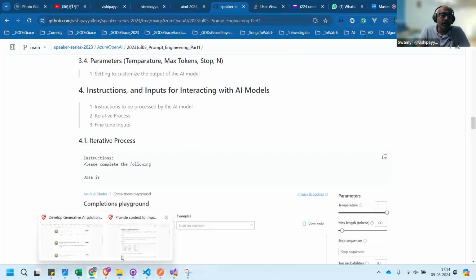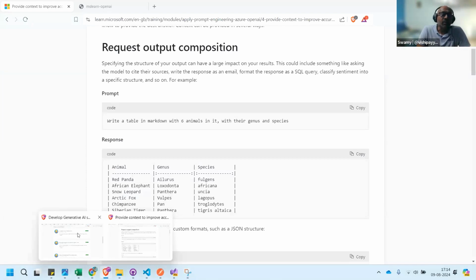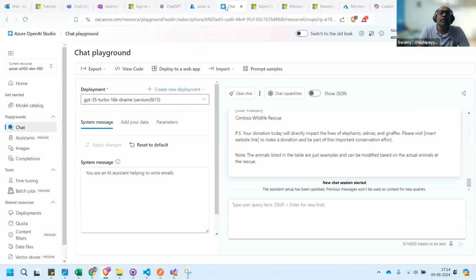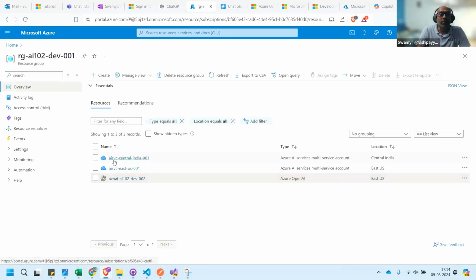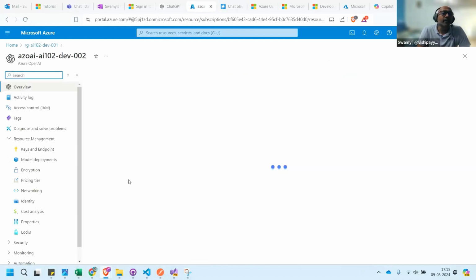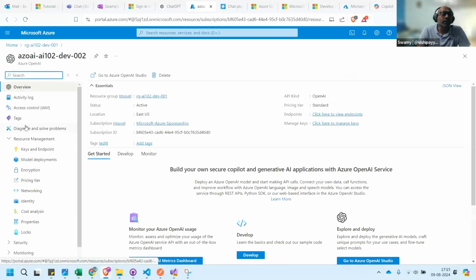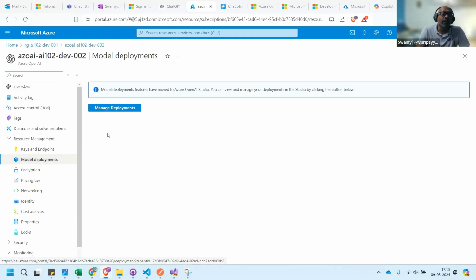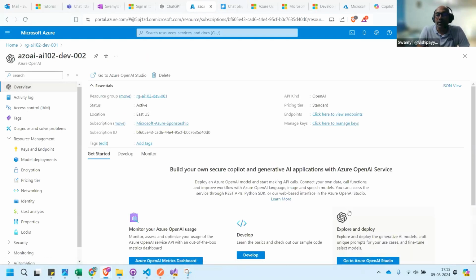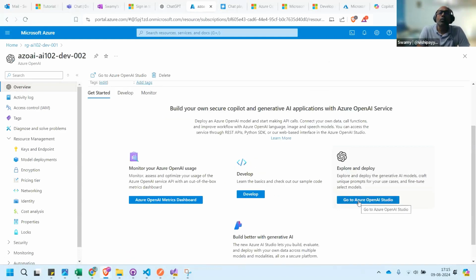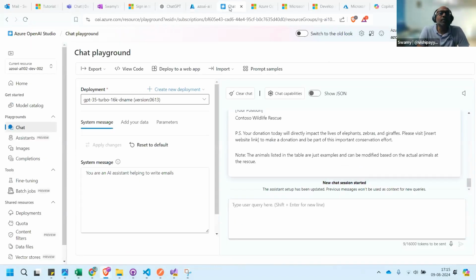Here I'll get back to the model and show you what models we have deployed. We have already seen that under this resource group we have a couple of multi-service accounts and one Azure OpenAI resource. Here we'll see the endpoint, and here we can see the models. But from the overview, we can click on open Azure AI Studio right here, which lands us in the Azure OpenAI Studio.